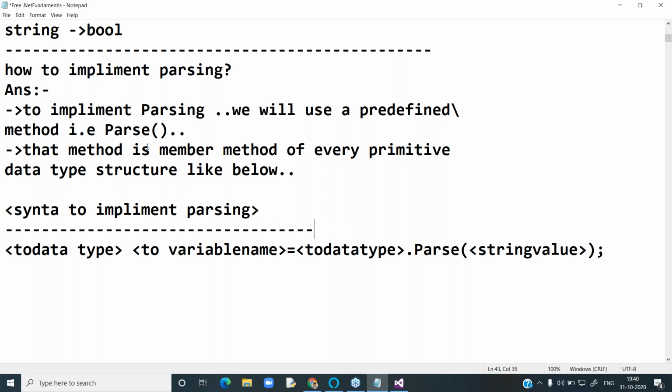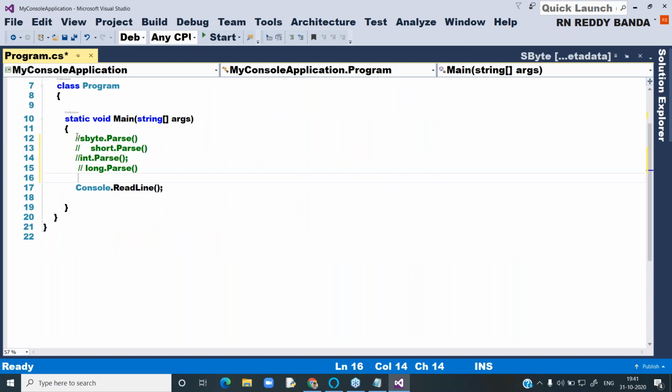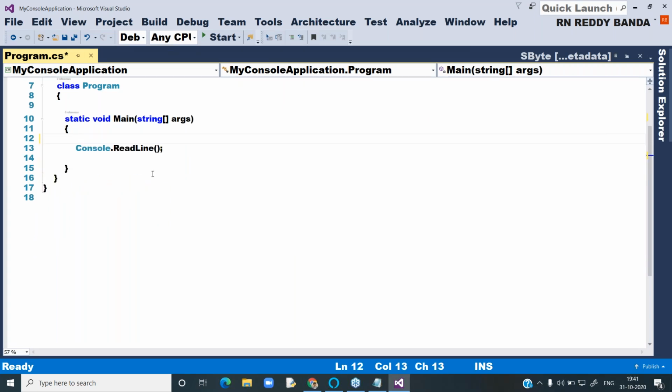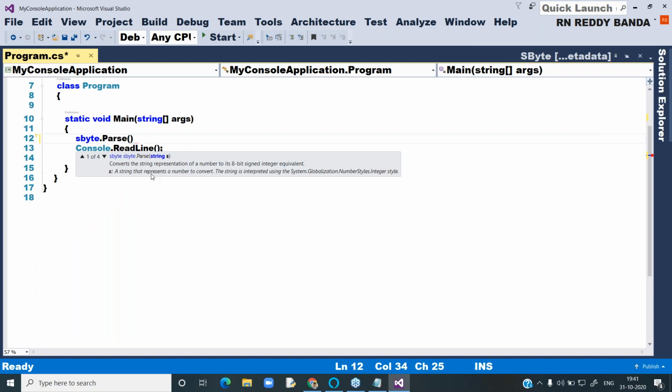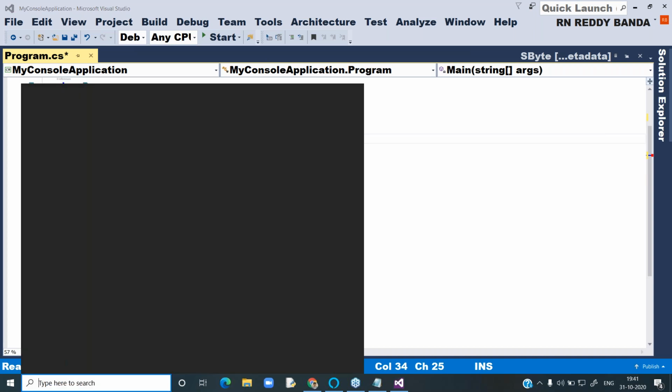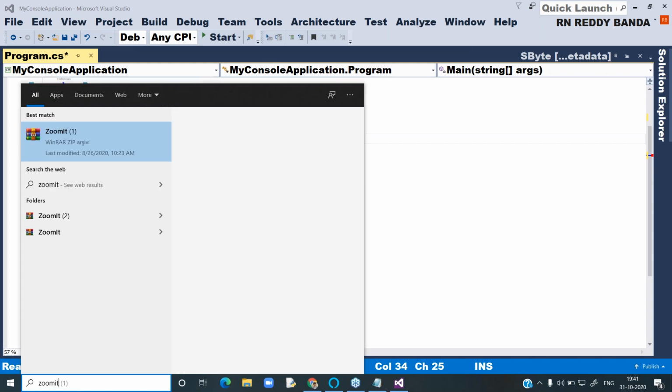Here you have to understand parse. I said parse is a member method of every primitive data type structure. But one thing you have to remember: the parse method takes one parameter. What parameter?